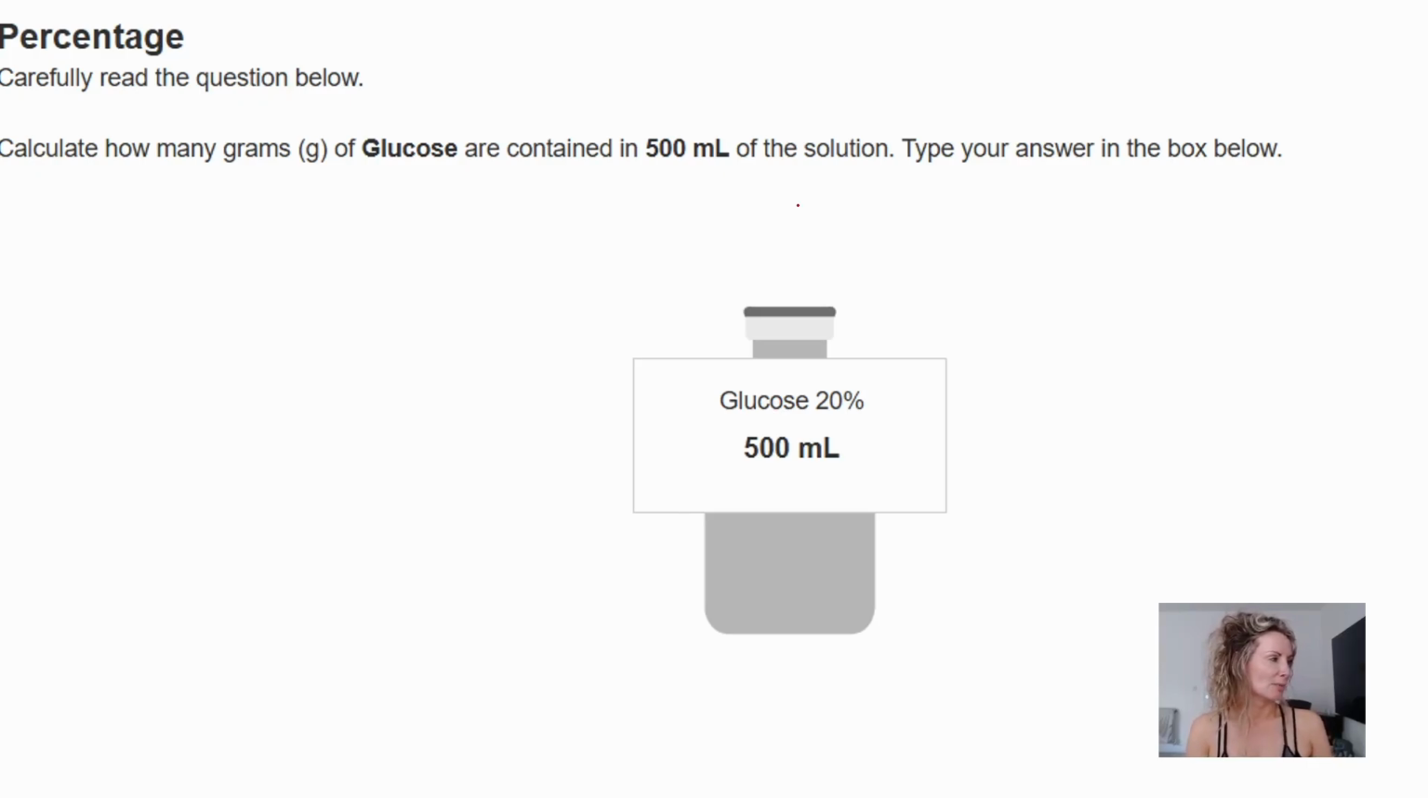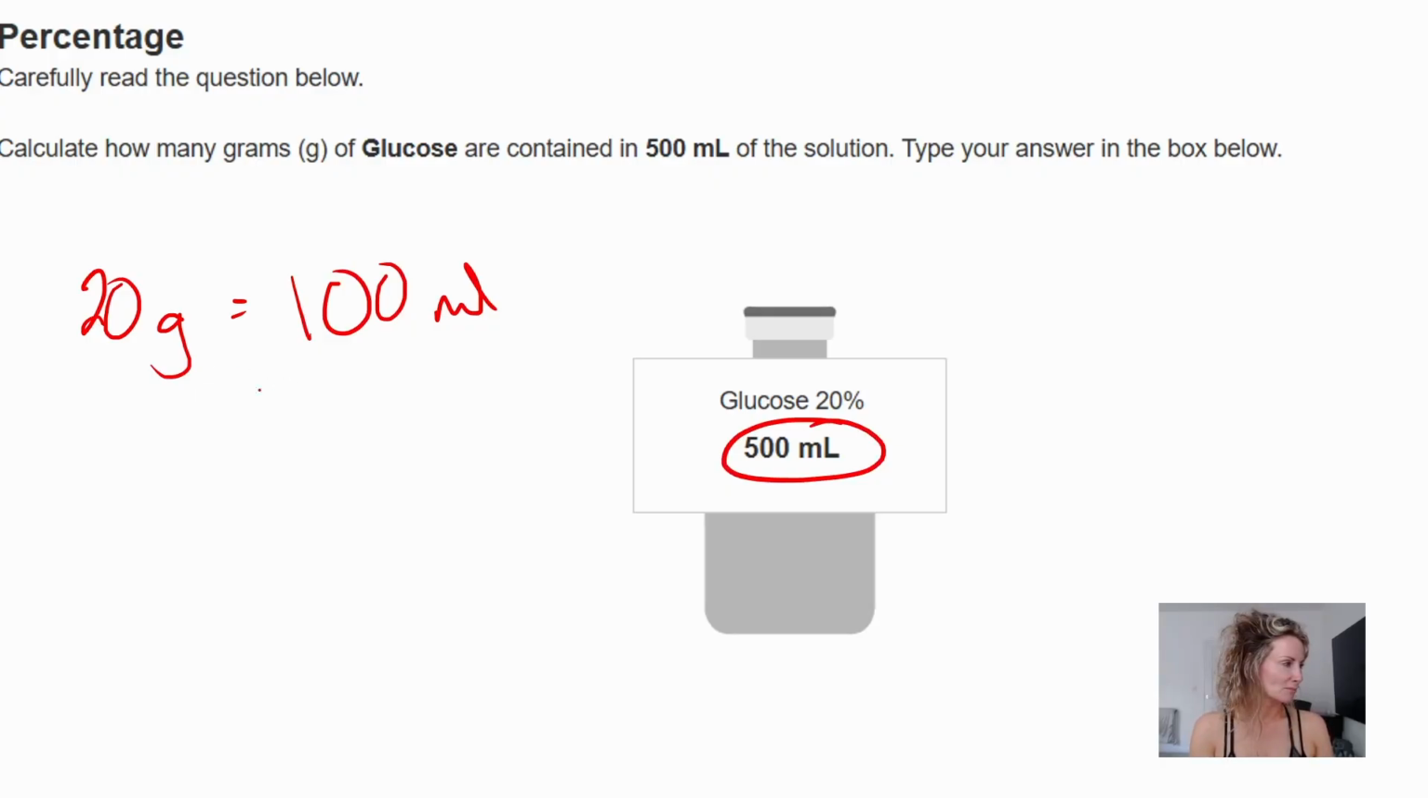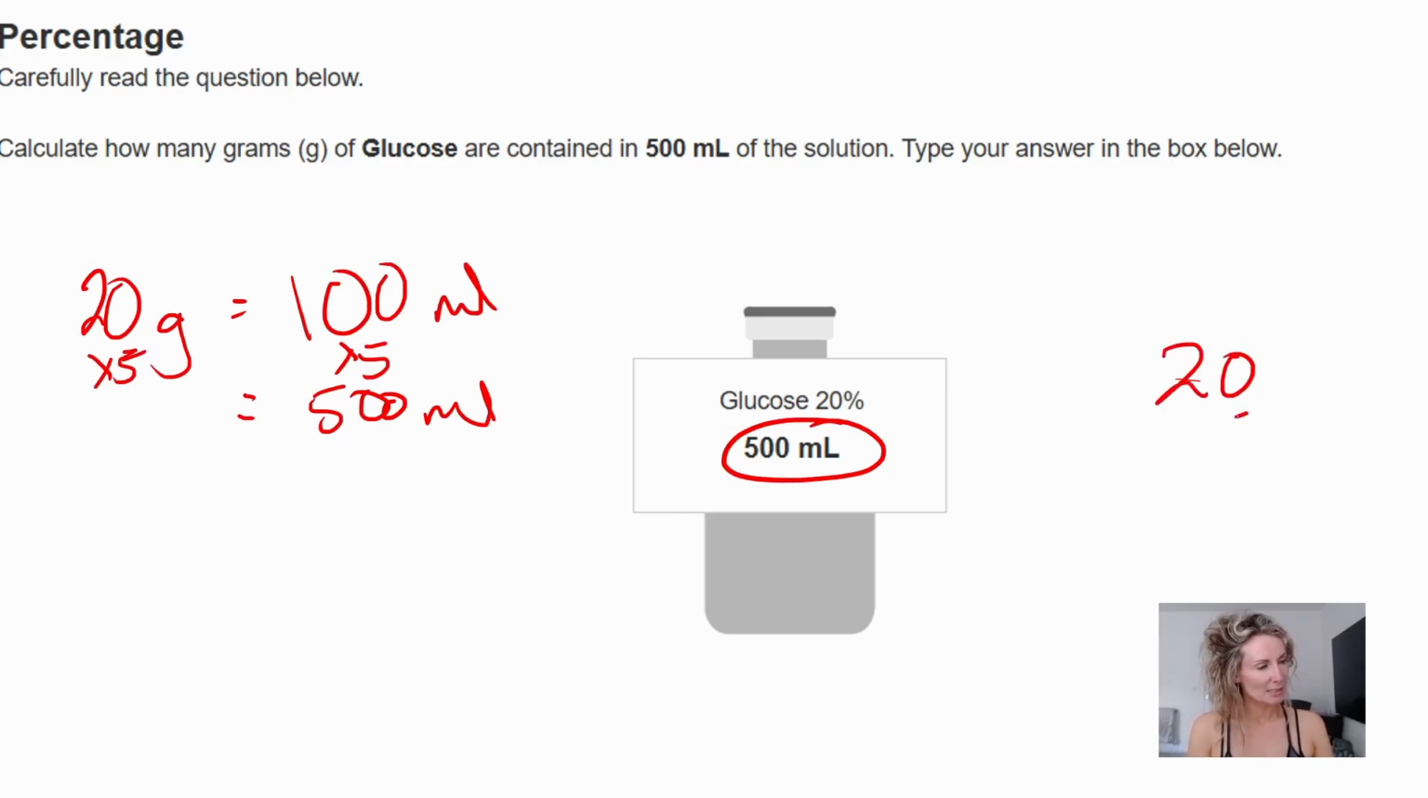This question would like to know how many grams of glucose are contained in a 500 ml amount. The percentage is 20, so we know that 20 grams equals 100 mils. We would like to know how much is in 500. 500 mils. What did we do? 100 to get 500. We times by 5. So we do the same thing on the other side. So that's going to be 20 times by 5. 5 times nothing is nothing. 5 times 2 is 10. So that means 100